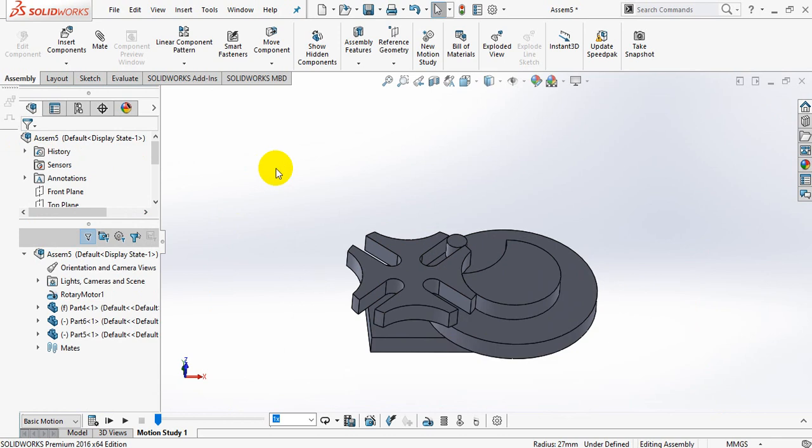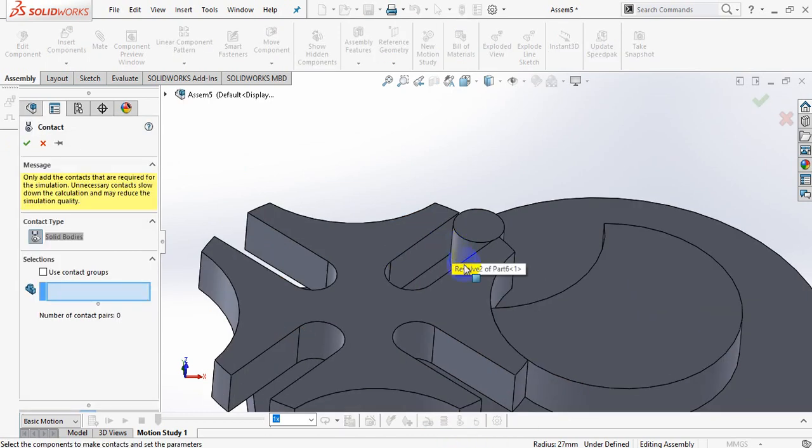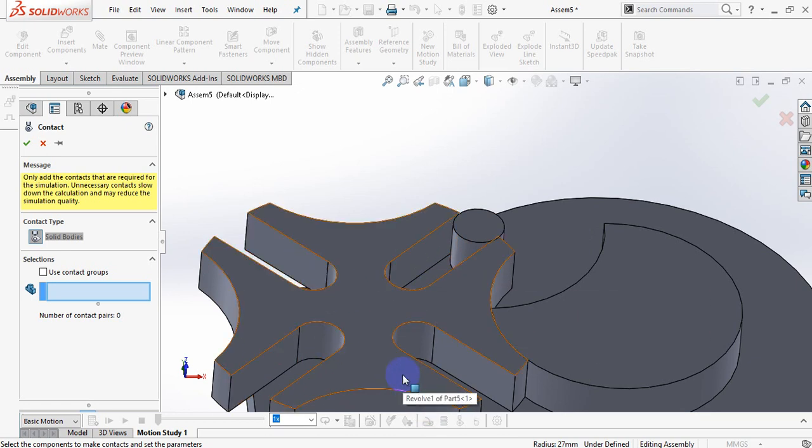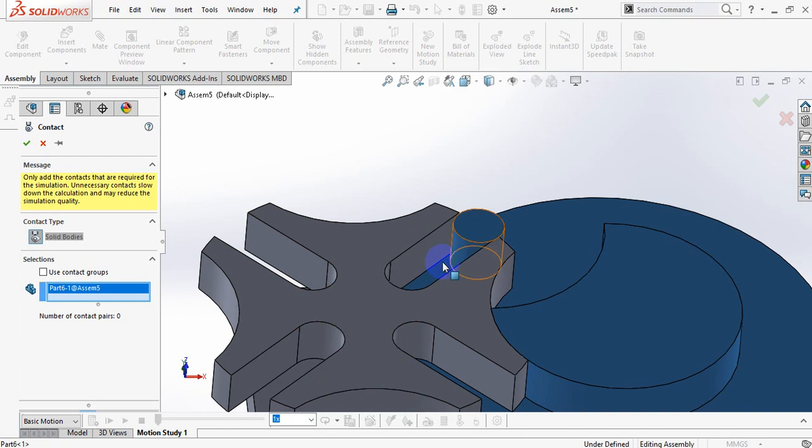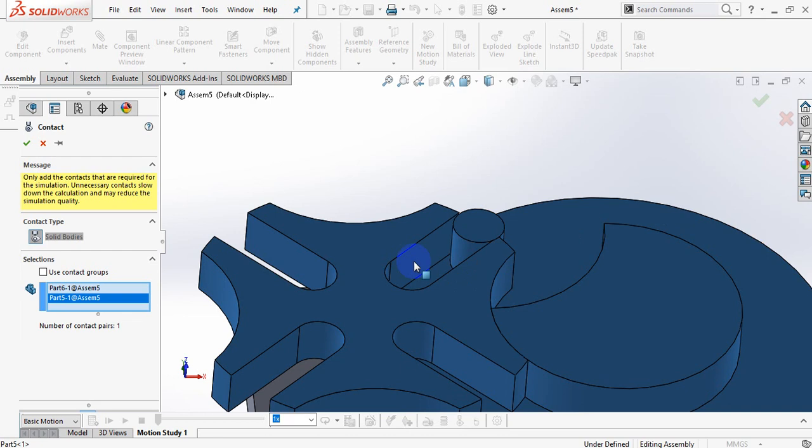Now select Contact, meaning contact between these two profiles. Contact between what? These slots. We have 4 slots, so there is no need to select all 4 slots. I'm simply selecting this circular part towards this half-cylindrical slot area. Select OK.